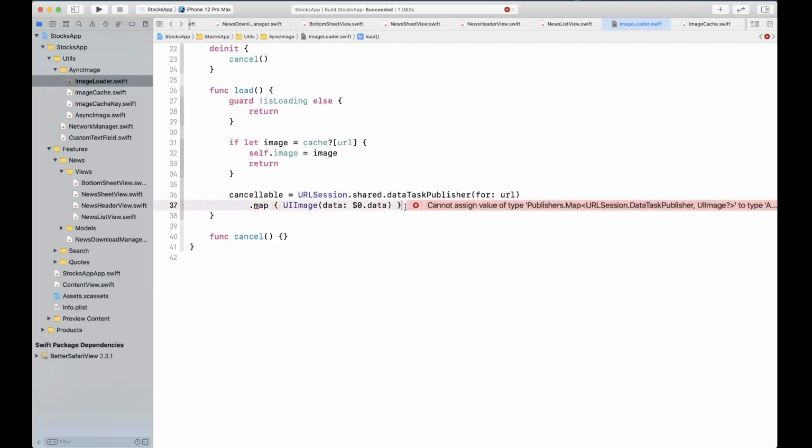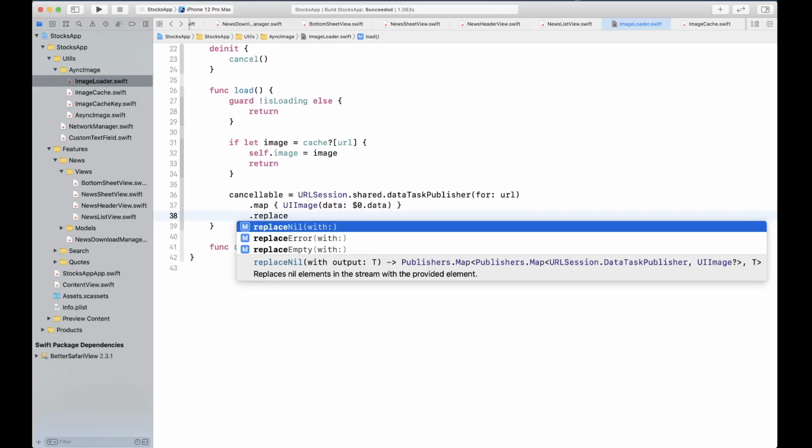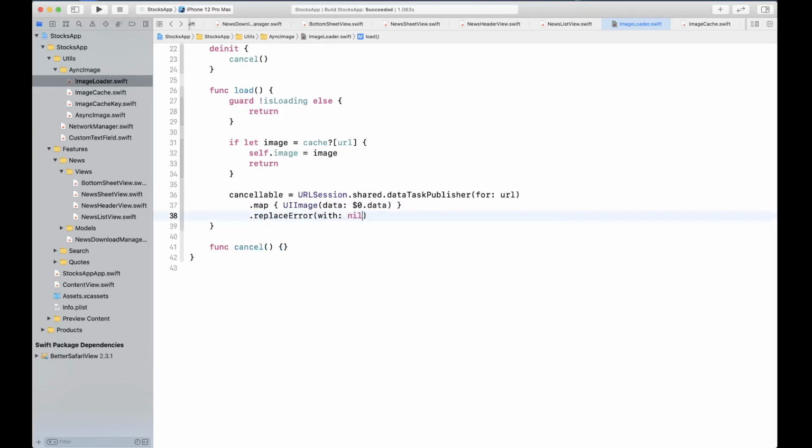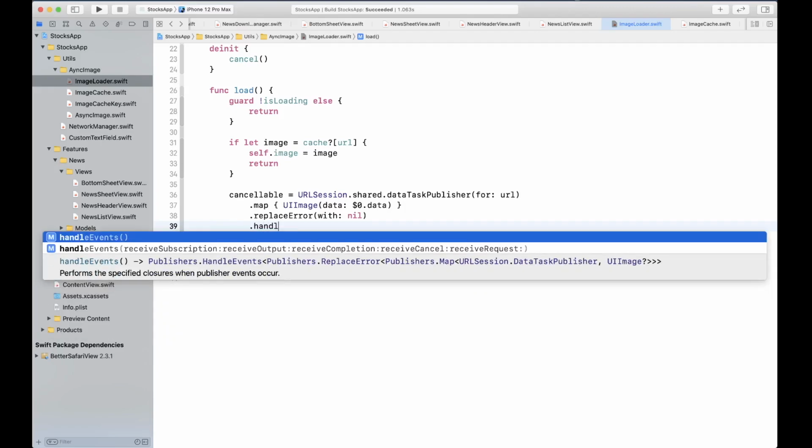It's going to retrieve that, convert that into a UIImage, and we're going to say replaceError with nil. We're also going to say handleEvents.